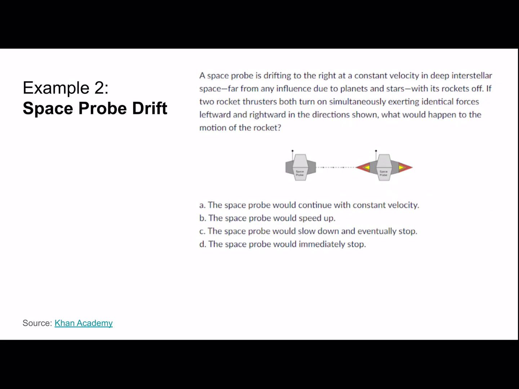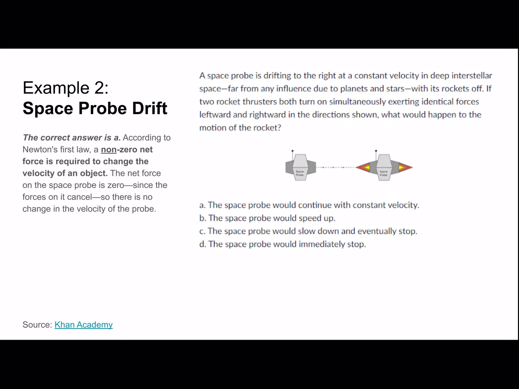Then at the same exact time, the rocket thrusters on the left and right side turn on with the exact same forces being exerted in those directions. So what's going to happen with the motion of the rocket? Correct answer is A. So according to Newton's first law, a